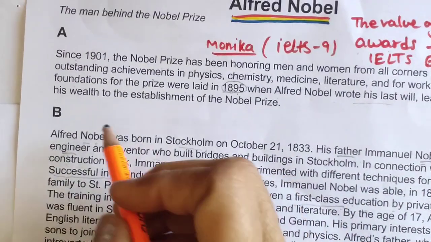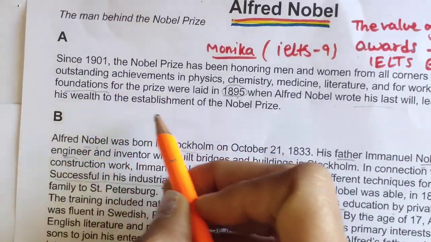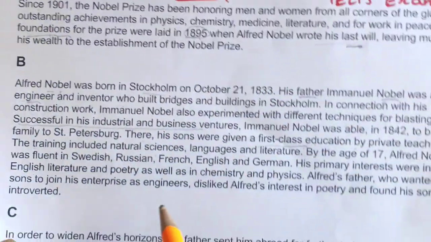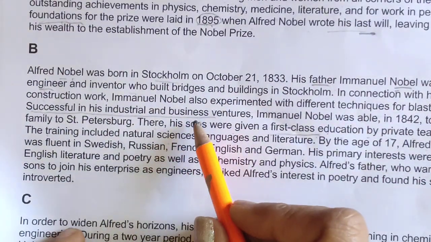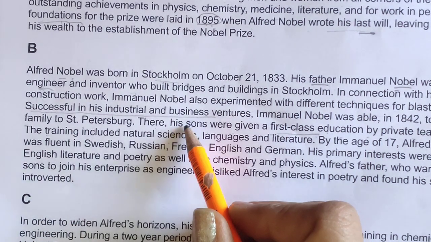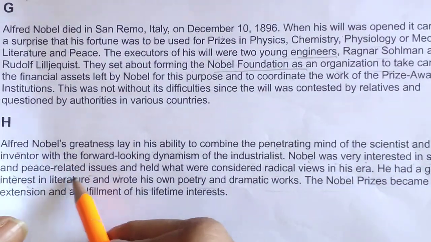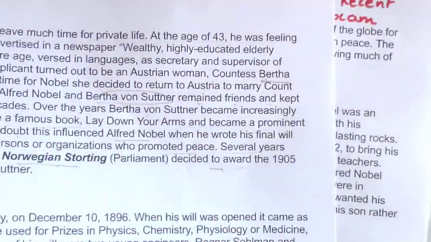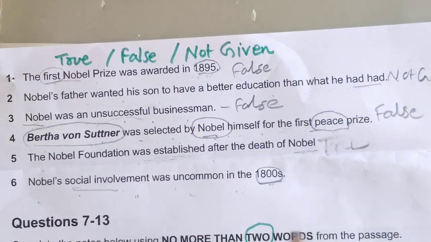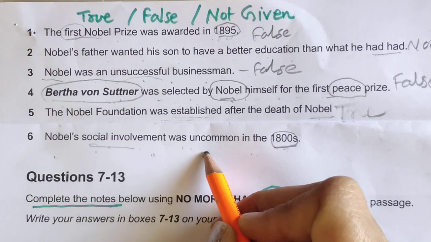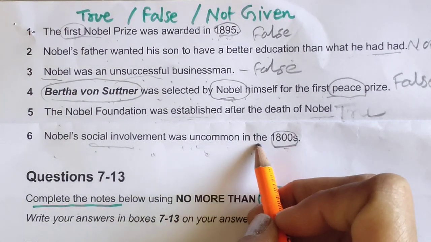Okay. Yes, foundation is also there. First, last will. Foundation for the prize was laid in. Okay, yes. So we were looking for, he was uncommon in. But yes, here he was very interested in social and peace related issues. But the question says in 1800. So he lived in 1800, was uncommon. Uncommon in 1800. So let's find it. 1800